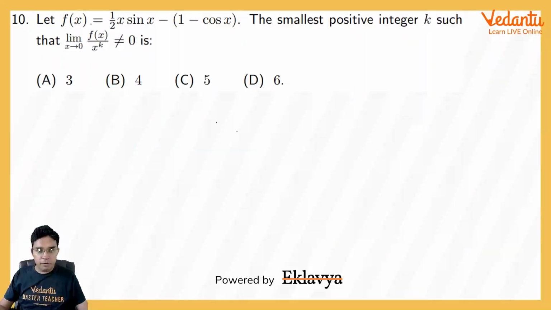We are given f(x) is equal to 1 by 2x into sin x minus 1 minus cos x. We have to find the smallest positive integer k such that this limit is not equal to 0. I think the best method to do this question will be using expansion. To find this limit, I will be